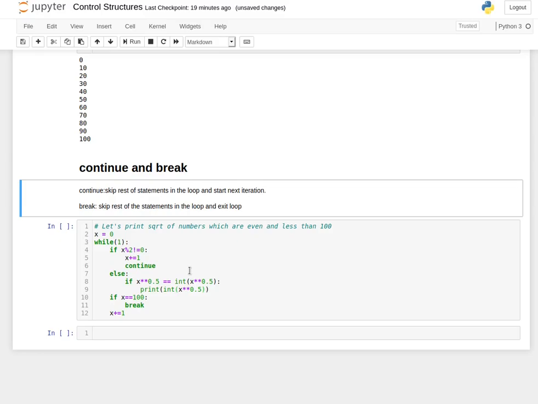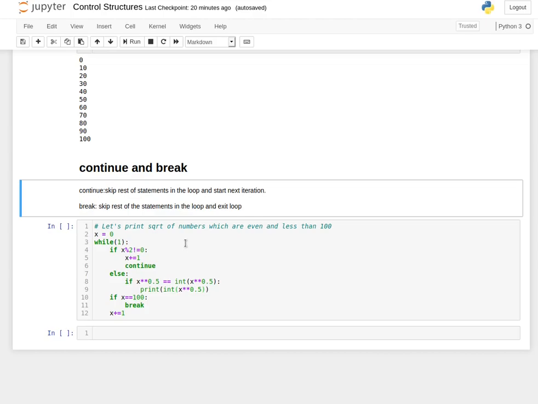So if I use continue after a statement, the statements below the continue keyword will not be executed, but it will directly iterate, or rather say increase the iteration and move on to the first statement again and start executing from there itself. Similarly, the break statement basically skips the rest of the statements and exits, or say breaks out of the loop.